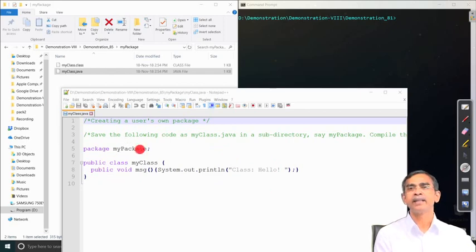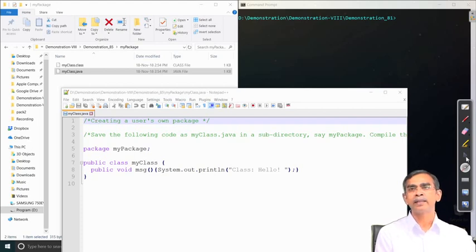A package is a directory, that means you have to build a directory, the name of the directory should be my package, and under this my package you should store this file. The name of the file should be my class, that is the class name, my class.java. As we see here, we have created one directory my package, and then under this directory we have stored my class.java. It is not finished, we have to also compile this my class and then store this my class into that directory. So, we have created my class.class, the compiled version of this Java file, and stored there.